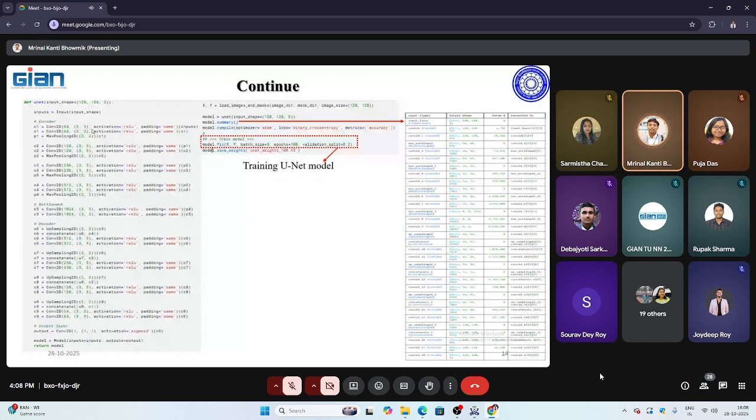So padding is necessary. First of all, two convolutions are done, where I have considered 64 filters, and then a max pooling of 2 by 2 is done, as I have shown, where among 4 pixels they choose one, maximizing the pixel value, which is the greater among the 4. In this way, the encoder does max pooling for 4 blocks, and then in the bottleneck there is no max pooling. After that, the decoder does upsampling 2D, which is a convolution transpose, and then concatenates the upsampling features and